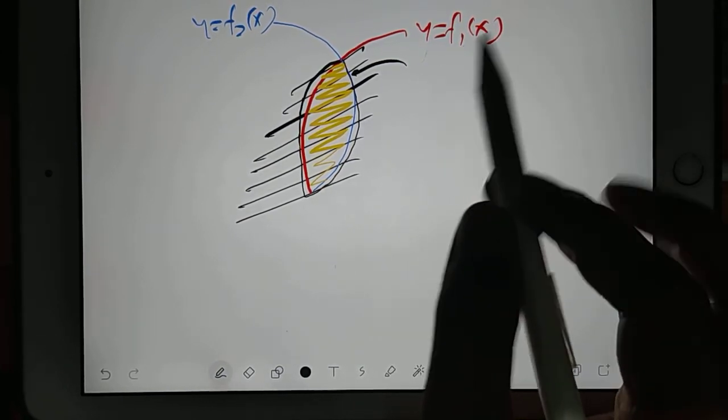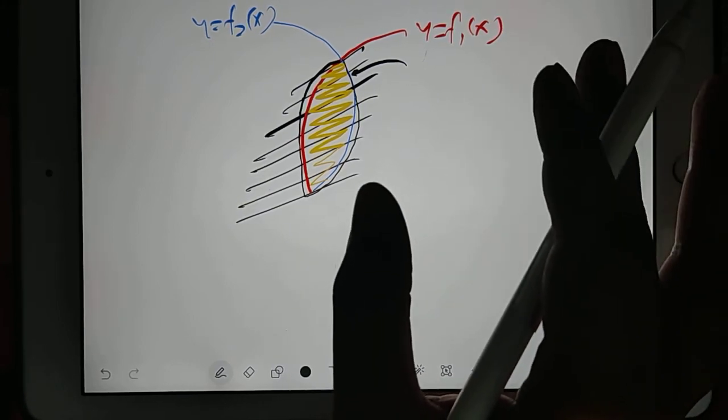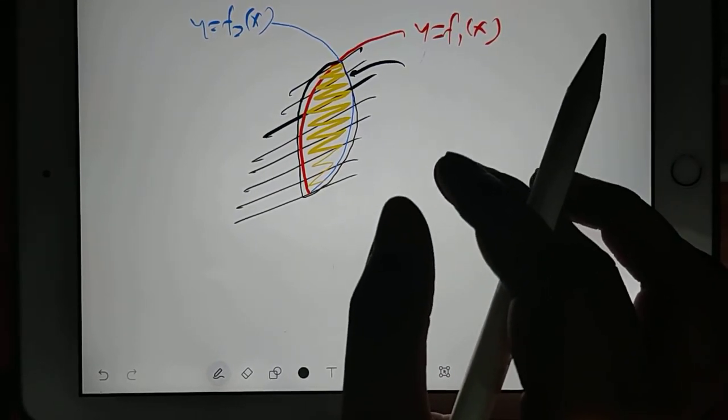So in that case, we should know how to calculate the area under the curve. That is not a big deal. That is very, very easy. I will explain. One example I will take. In that example, I will clear this.